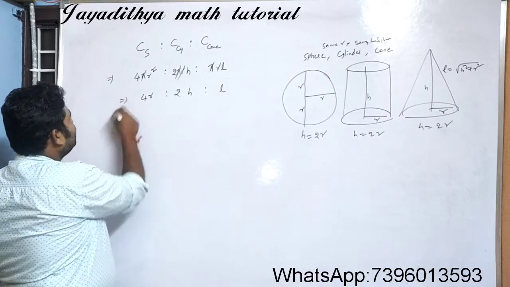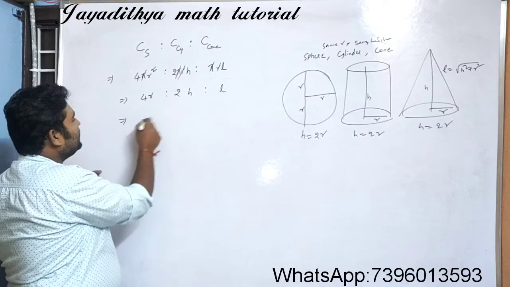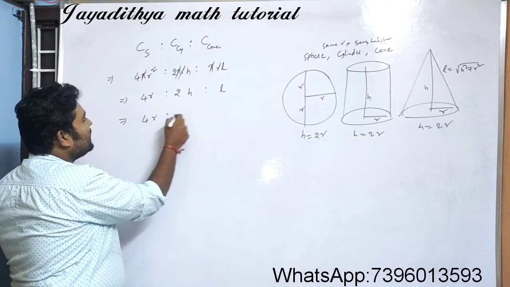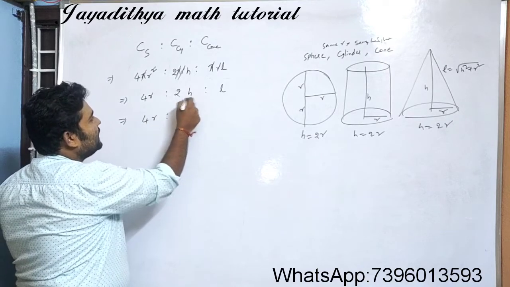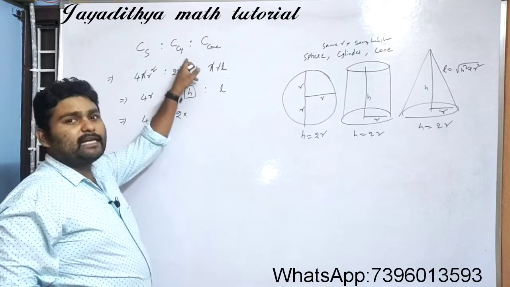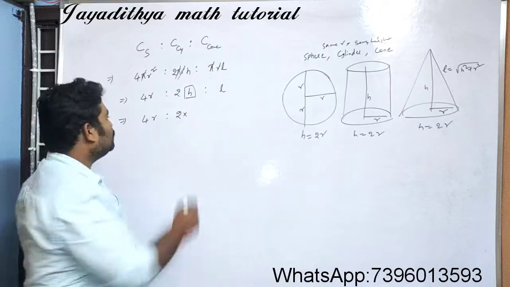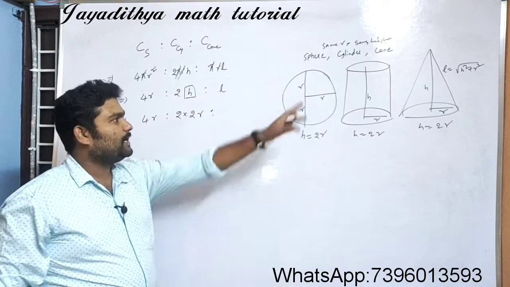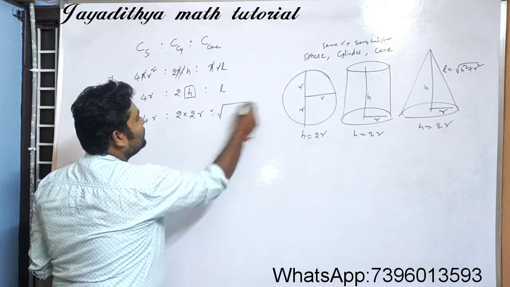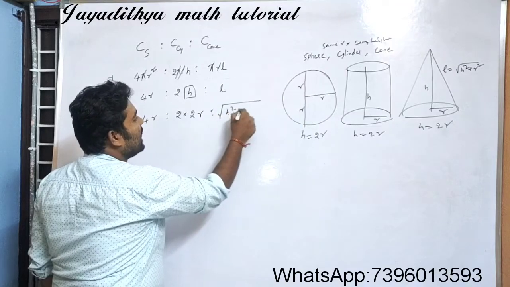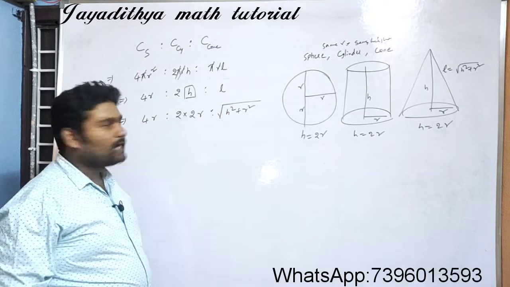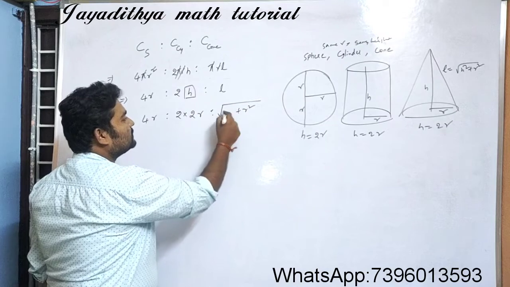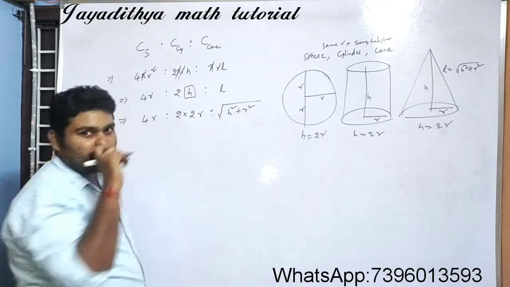So see here, what we need to do here means radius, right, as it is, and height. So this is h, the height of the cylinder. Height of the cylinder, how much? 2r. So right here 2r, and what is L here? L is nothing but root over h square plus r square. H is nothing but 2r, right? Let us write in the next step.